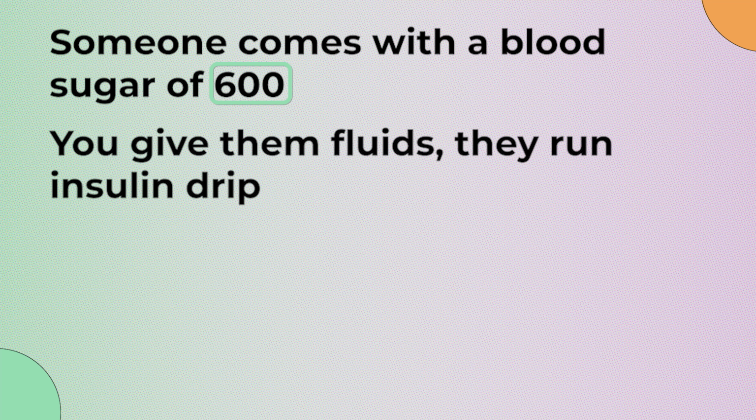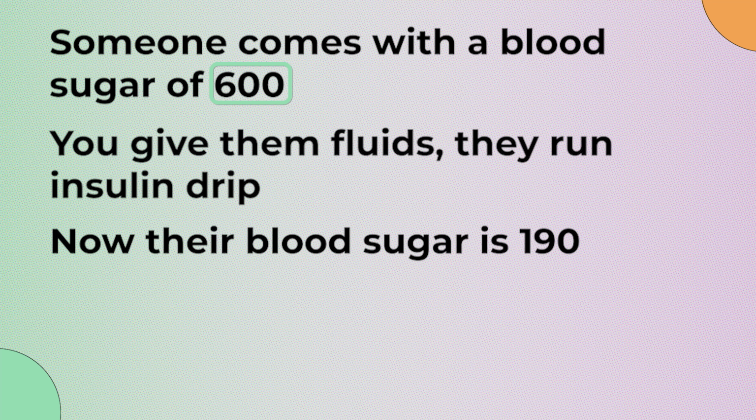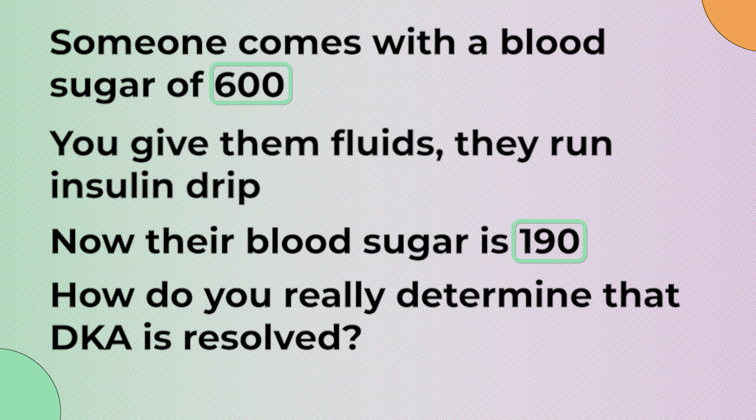You've given them fluids, they're on an insulin drip, now their blood sugar is 190. How do you really determine that that DKA is resolved? And it has nothing to do with the blood sugar. I just want you to know, you can have a normal blood sugar and still have